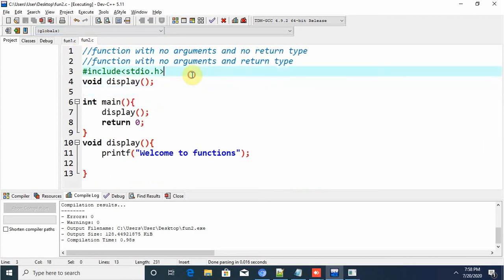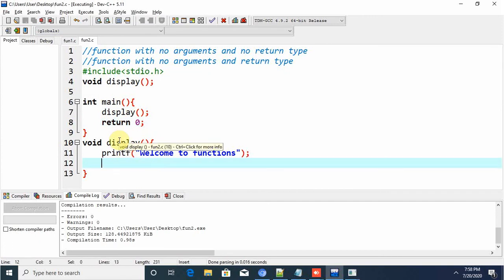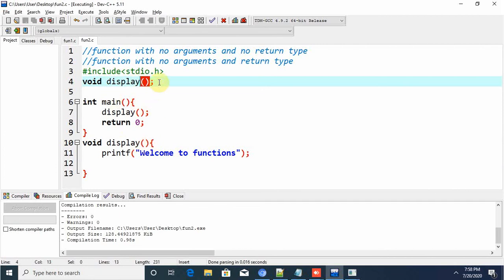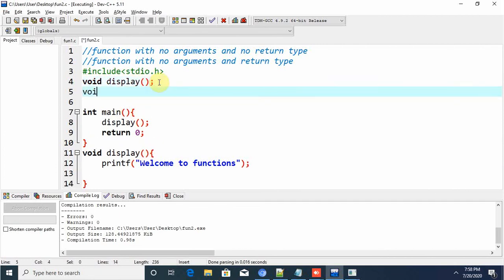Yes, with no arguments and return type. Here what I am doing is, one more function we create. It has return type. I'm just giving int get off. There is no argument.